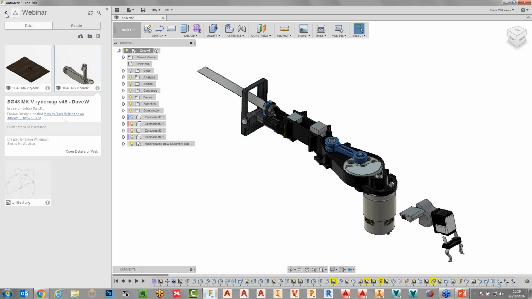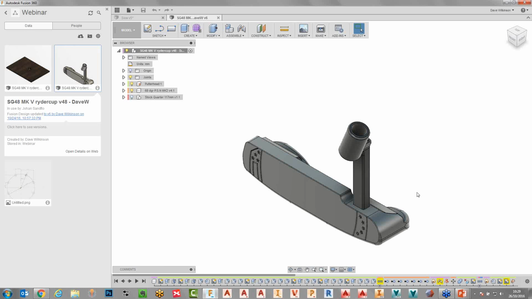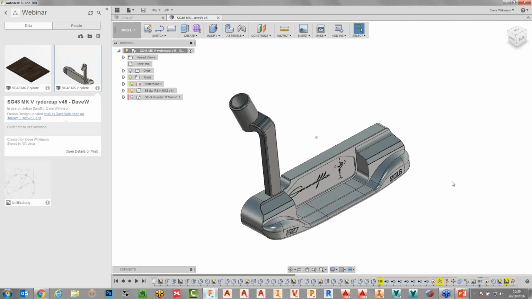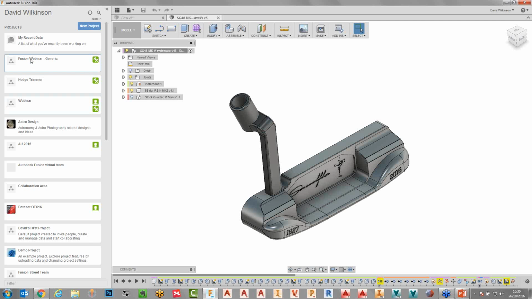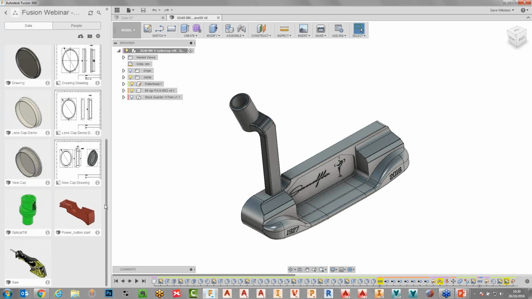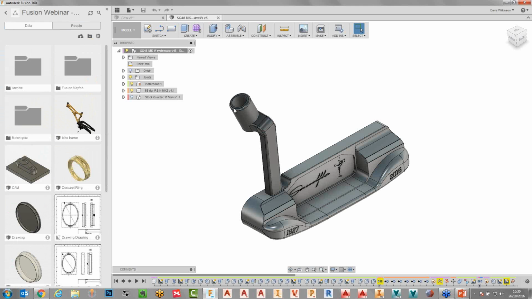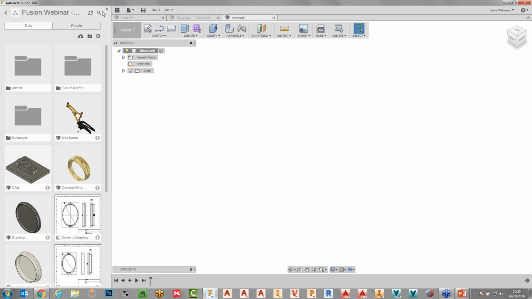So coming back to our model, I'm just going to open this model up here just to review the part itself. Just to reiterate, this is the file that, as I say, Johan very kindly sent over to us that I've made some modifications to previously. But I'm also going to have a look at some other data that I've got just to get through content really. And rather than looking at pre-prepared data, I'm going to create a new design from scratch and just show